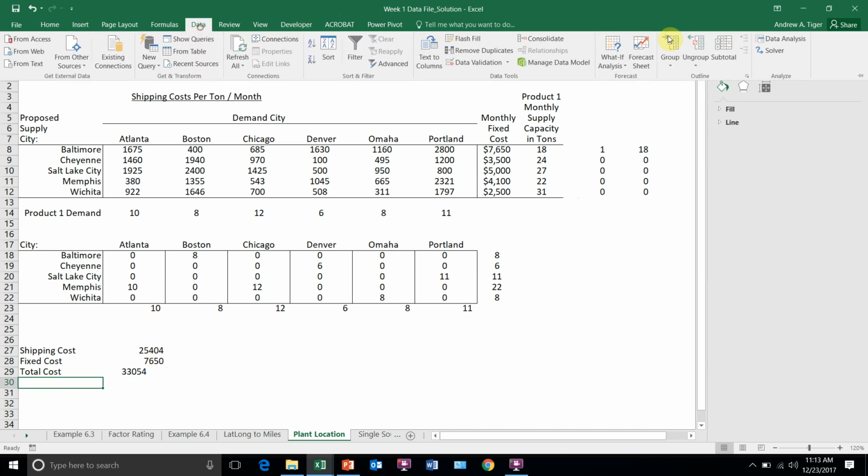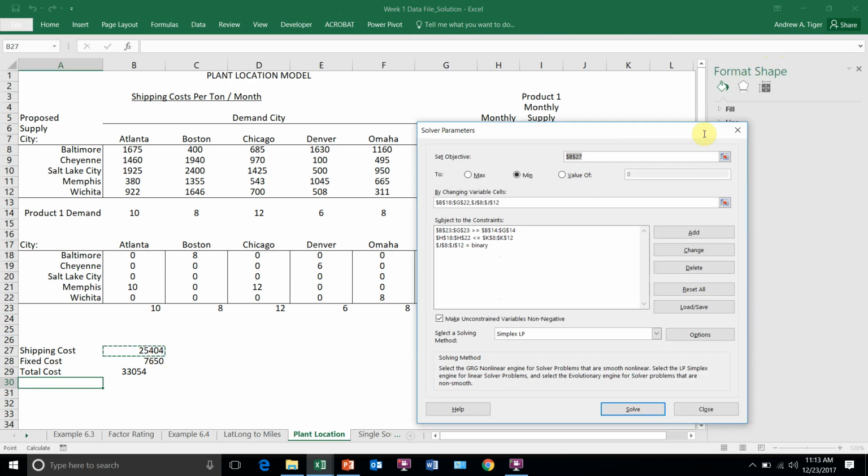So back to my solver. I started with the transportation problem, and now I've got to take this. This becomes what I try to minimize now. And I've got two sets of variables: I've got my from-tos and my yes-nos. I've got my meet demand, I can't exceed capacity, and then I also have binary, still leave the simplex,